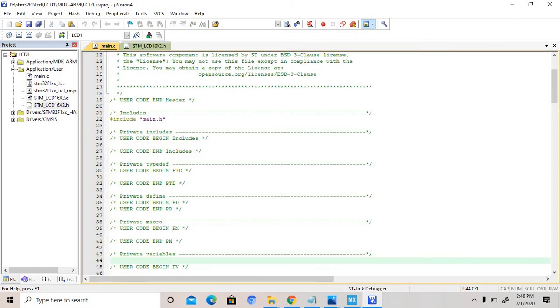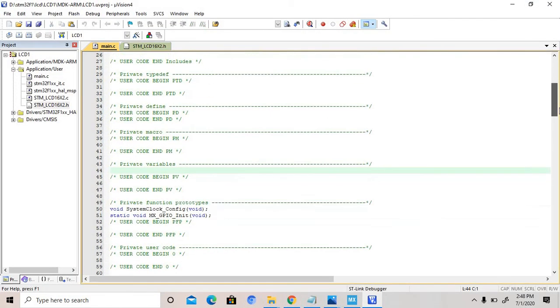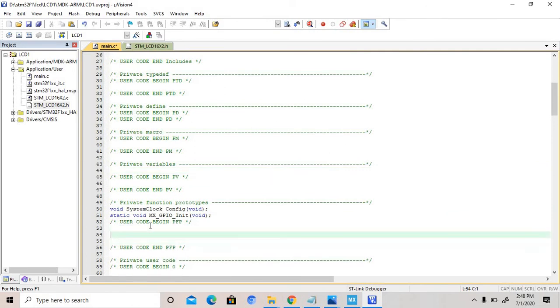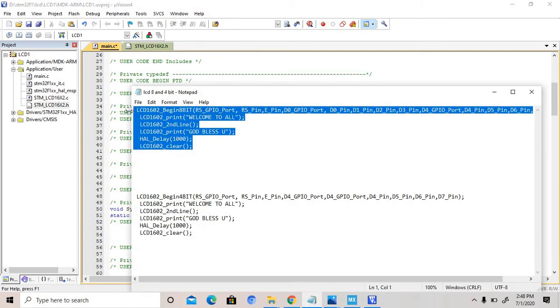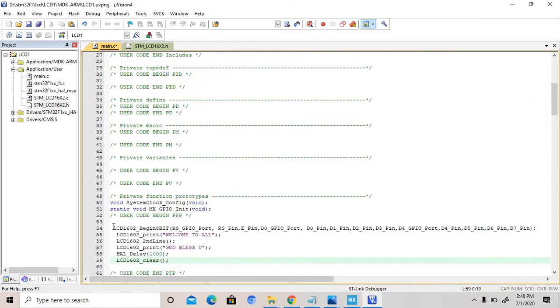this is the main file, copy it in the GPIO begin. I already wrote it, suppose this thing, copy, paste. This is the RS port. First work on port, then RS pin, then enable pin, then D0 port, then D0 pin, D1 pin, D2, D3 pin.